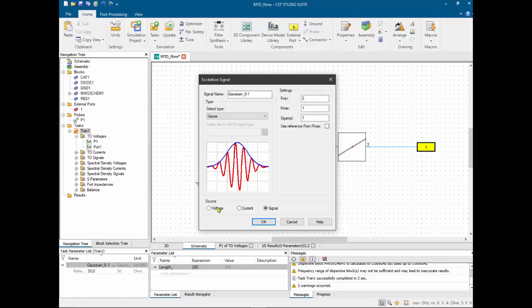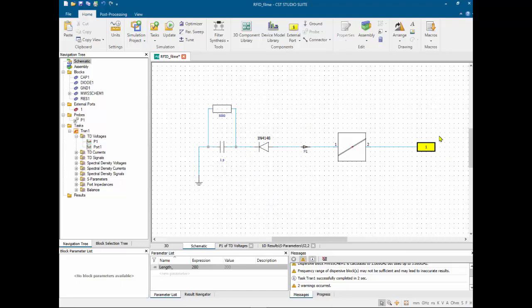What's the meaning of voltage? It's a normal voltage source. It's a normal current source. And signal here means the usual 50 ohm system. This is the ordinary option in microwave and RF instrumentation. Once you've done that, you've said that this is excited by a Gaussian pulse, right? And there's a transmission from this side.